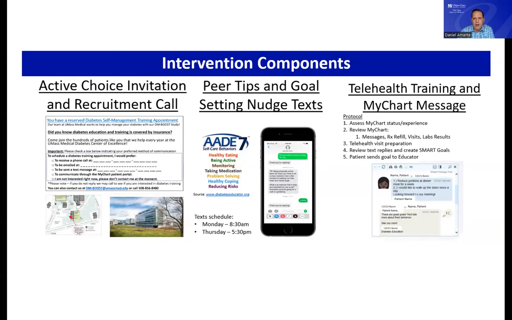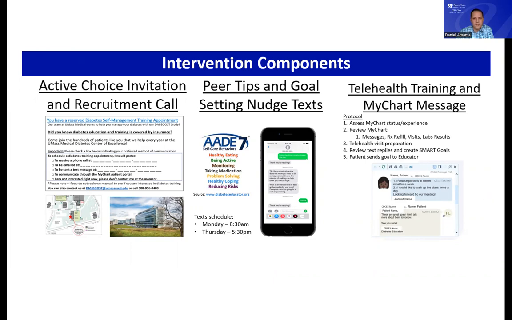In addition to several options for the patients to say that they were interested in completing DSMT and the accompanying study, there was also one option for the patients to opt out of being contacted, as well as a notification that if they did not mail the invitation back, they would be called by a study team member to assess their interest. After patients enrolled in the study, they were randomized to either the comparison or the intervention group, with